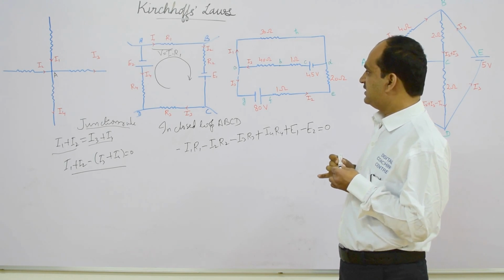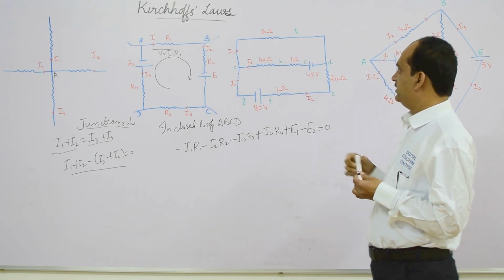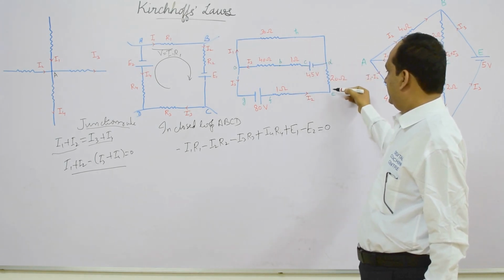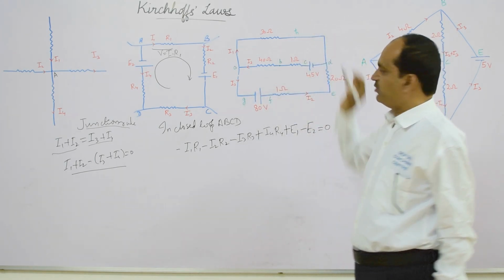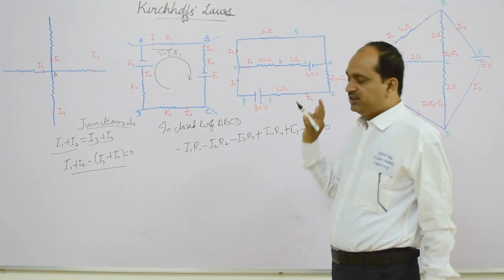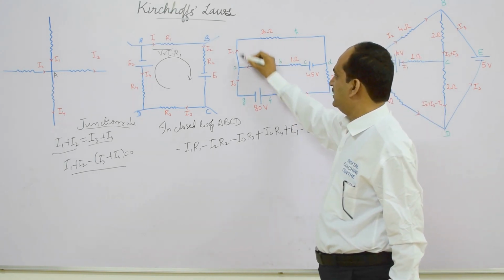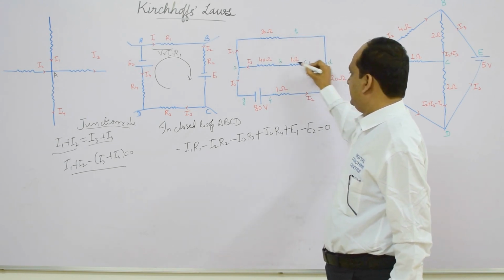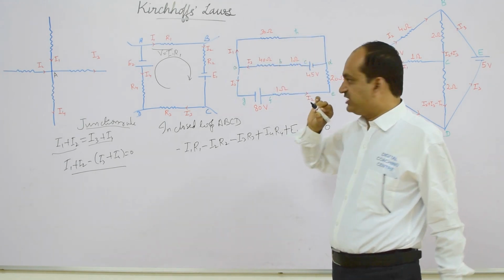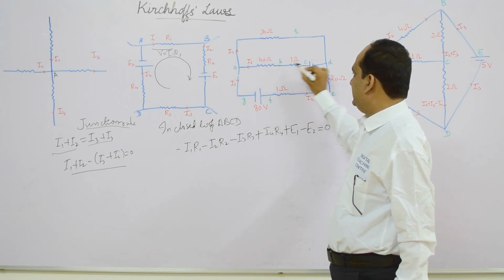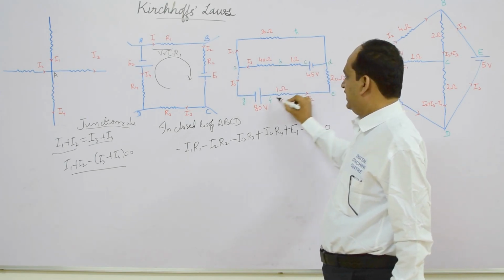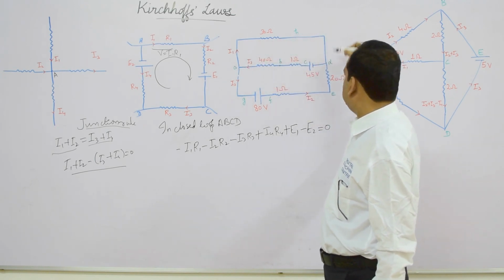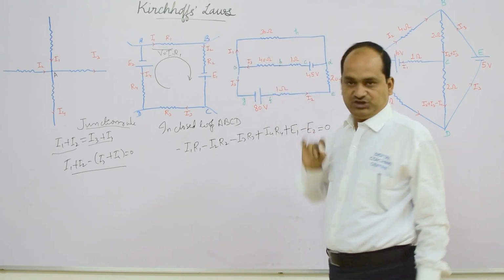Now next we will solve this circuit. Here we have points A, B, C, D, E, F, G and this point is H. We have three closed circuits here. The first one is A, H, D, C, B and A. Second we have A, B, C, D, E, F and G. And the third one we can select is A, H, D, E, F, G.